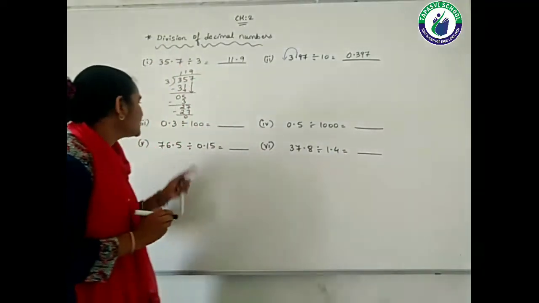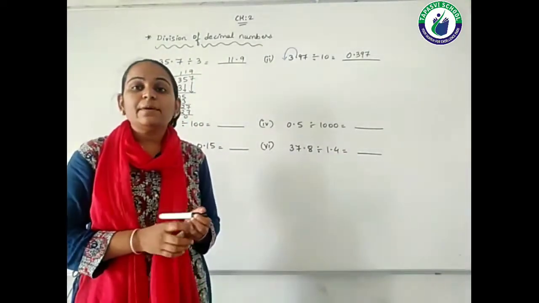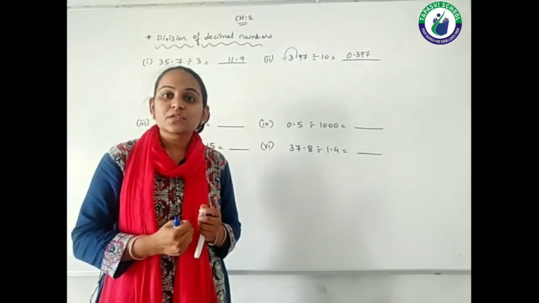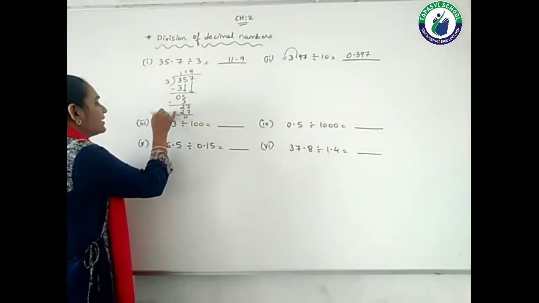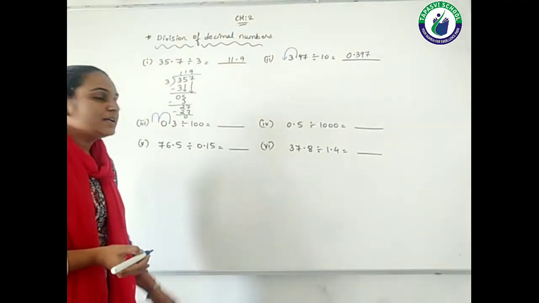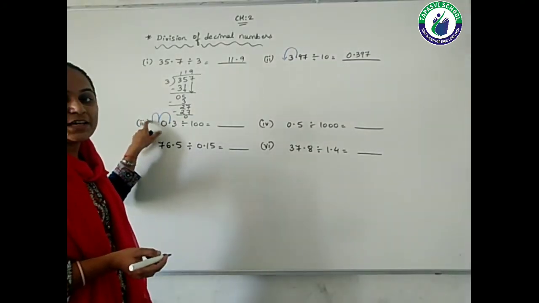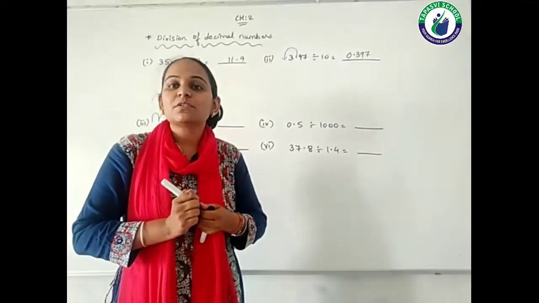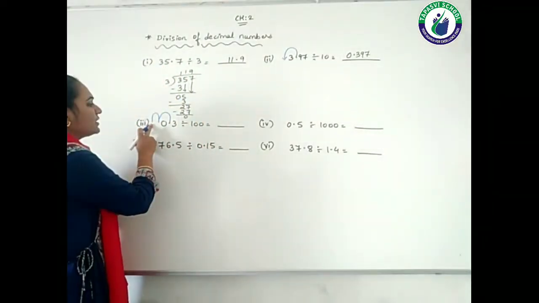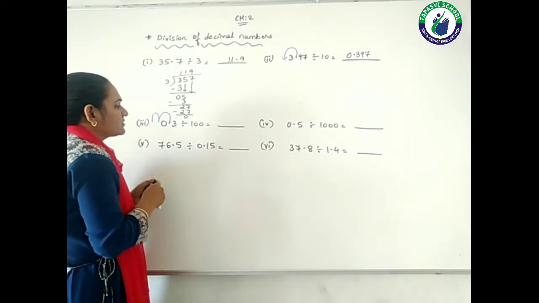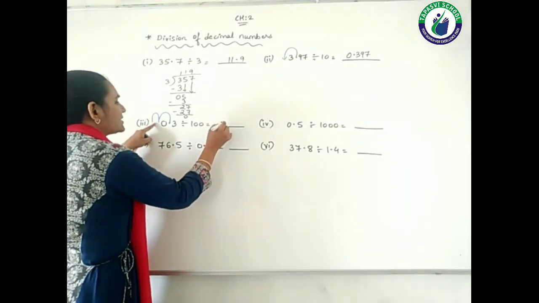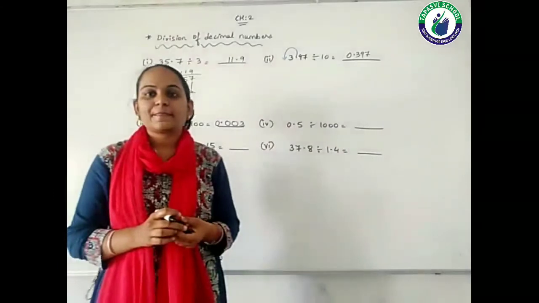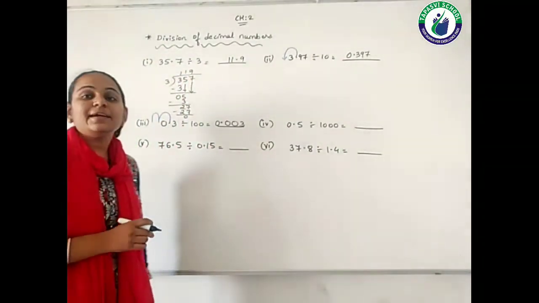Now see the next question, that is 0.3 divided by 100. तो यहाँ पे किससे डिवाइड कर रहे हैं स्टूडेंट्स, हम लोग, 100 से। We are dividing it by 100, so how many zeros in the 100, 2 zeros। So आपको इस पॉइंट को 2 पॉइंट्स मूव करवाना है, 1 and 2, राइट। सो यहाँ पे एक डिजिट की हमारे पास लैकिंग हो रही है, we are having the lack of 1 digit। जब भी हम लैक होते हैं तो हमेशा जीरो को ही याद करना है, we have to keep the zero। दैट मीन्स यहाँ पे अगर हम एक जीरो डाल दें तो पॉइंट will come before this zero। तो आपका आंसर हो जाएगा स्टूडेंट्स ये पॉइंट, फिर ये जीरो, देन दिस जीरो एंड दिस 3। सो आंसर इज 0.003, राइट।